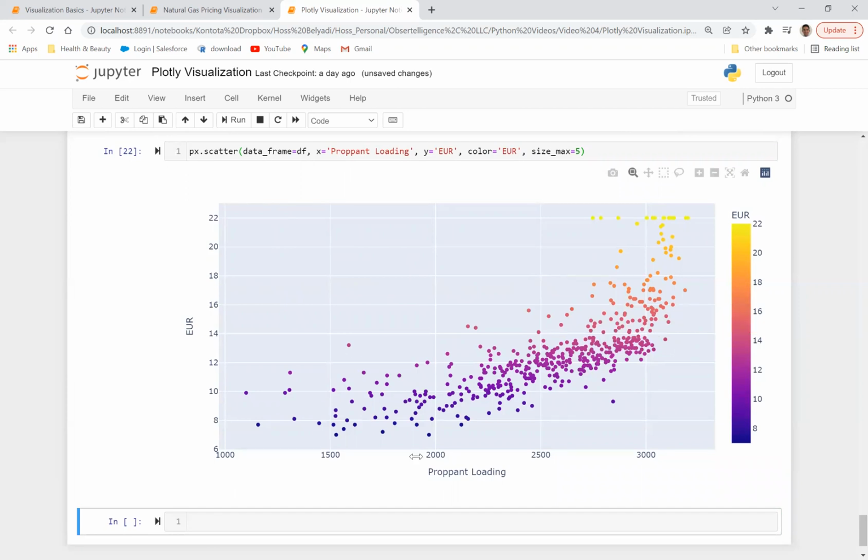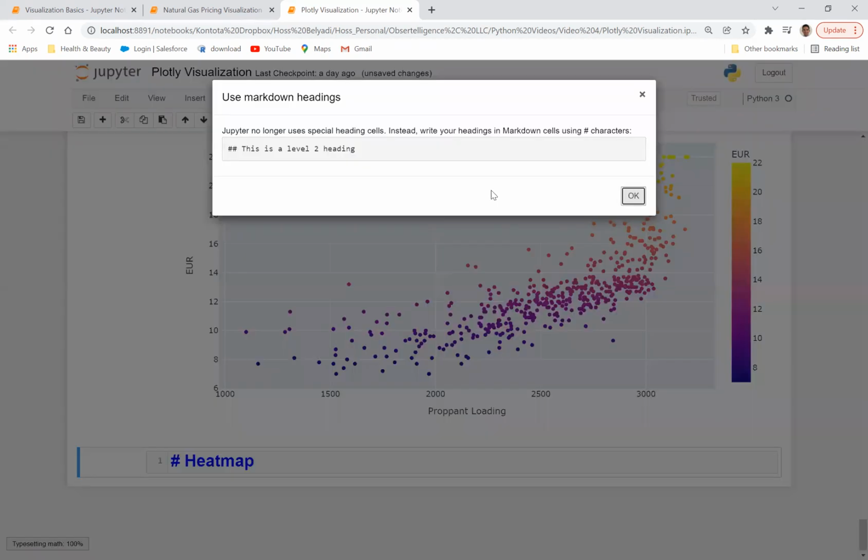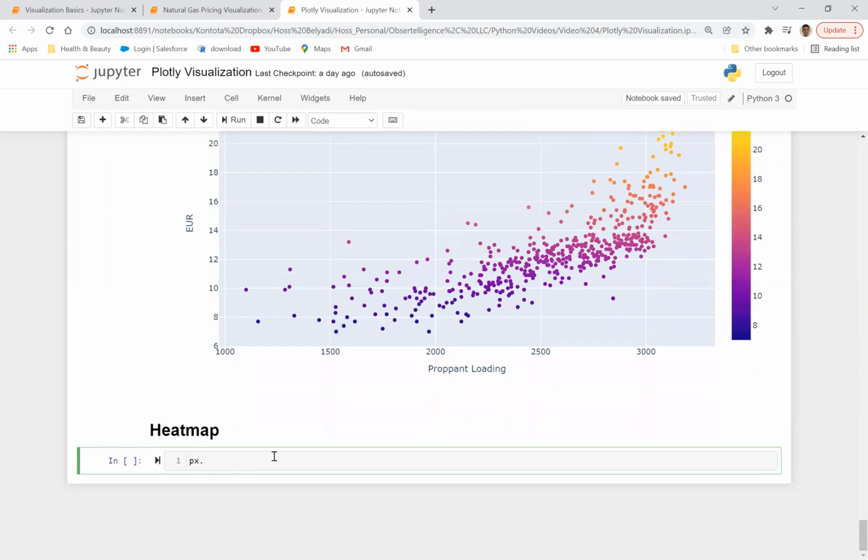And also another plot that I wanted to cover is, let's call it a heat map. This is not the heat map that we've covered with the Pearson correlation. This is just a heat map showing that scattered X and Y plot. So let's do heat map, and let's just do heading and do OK and do Shift Enter. Let's go ahead and do px.density_heatmap, and let's pass in a data frame of df, and then x is going to be propant loading again,